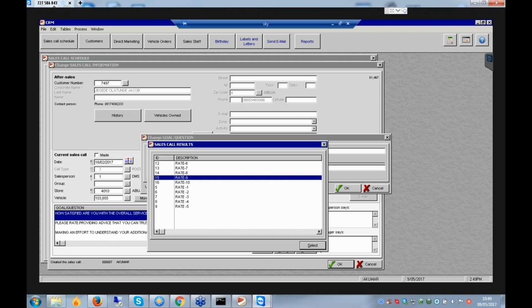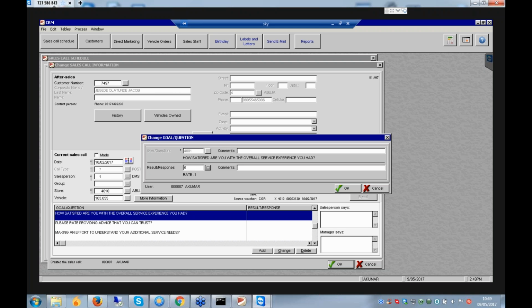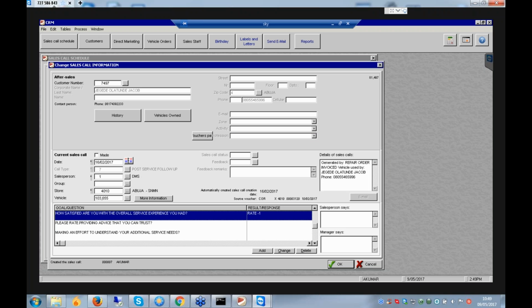So 1 is low, 10 is high. So let's select the 1, this one. Comments, you can write any comments. If you want to type here, you can write the comments. So this is the first question. You can see here the customer replies to the first question and the rating is 1.